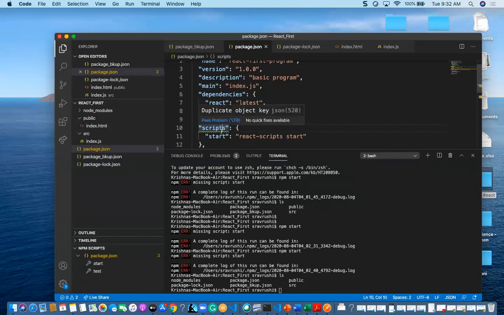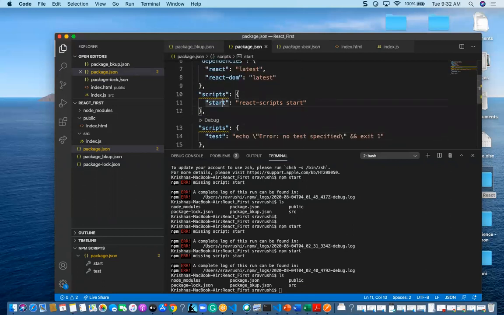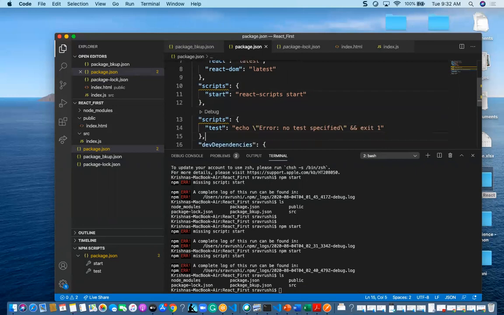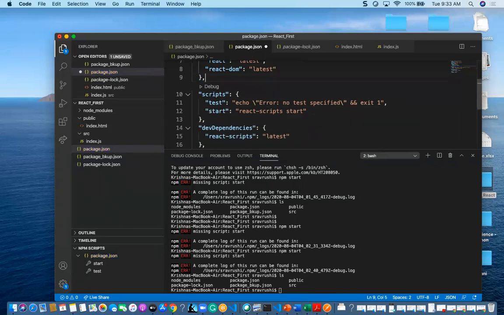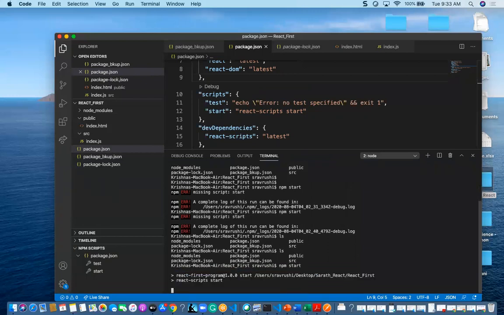One second. It is like devDependencies and dependencies, and after the dependencies it is like scripts. I think. Okay, there are two starts. So I am going to put it inside this one. It didn't come, so, yeah. I am going to delete this one. Two things, right? I am going to just delete the above one. So now I am going to see. Yeah, it has started the React scripts actually.